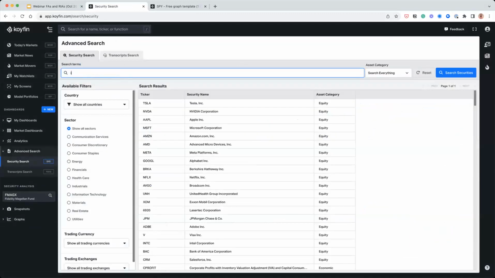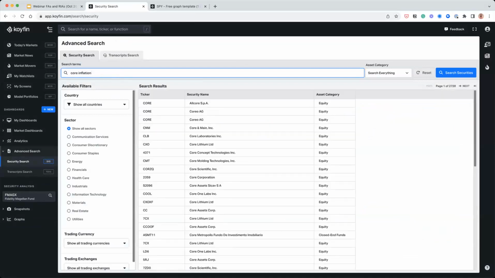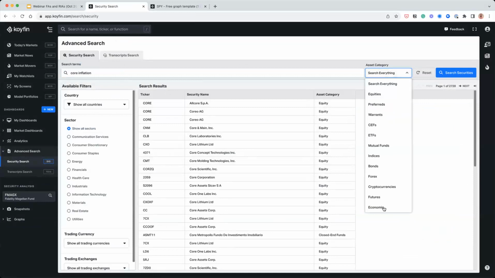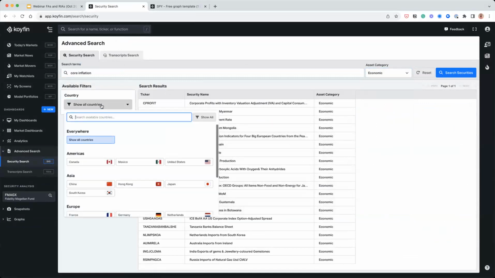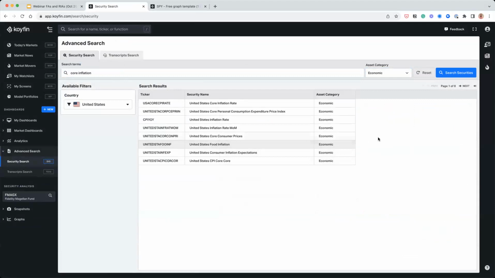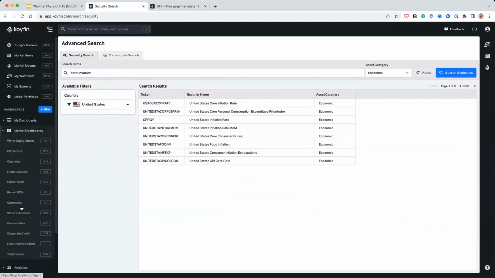So if I wanted to look at inflation, I can really start narrowing down. So economic, and then show all countries, United States. And this would give me a way to search for tickers if you wanted to search for economic tickers or yield curves. And then the other thing you could do is really just browse our market dashboards